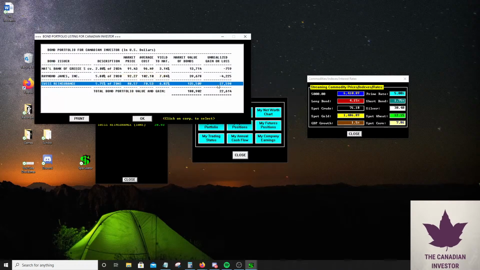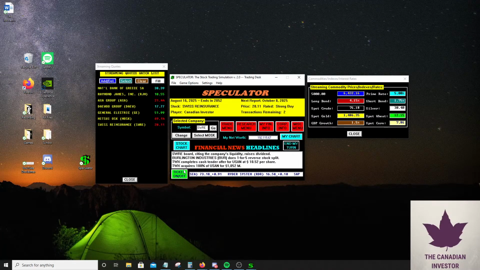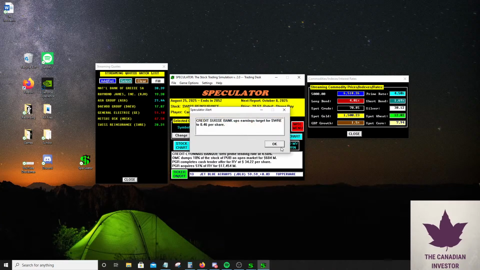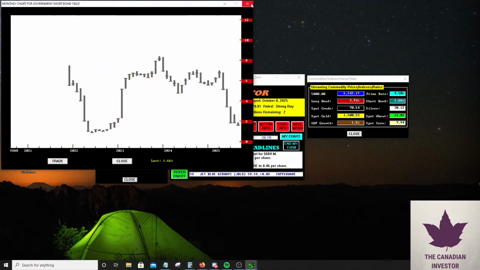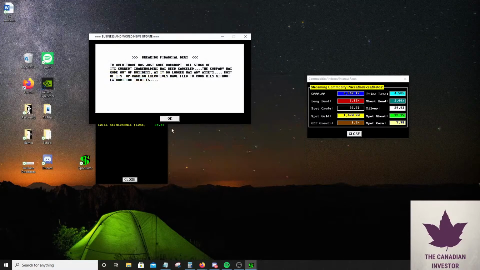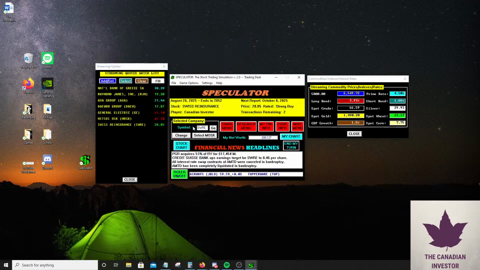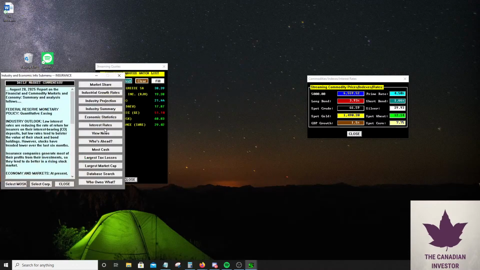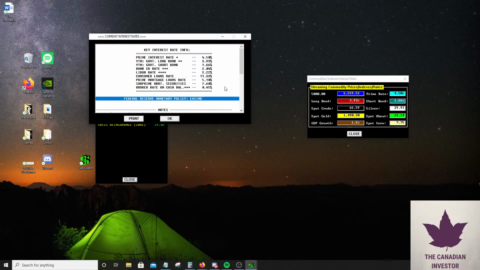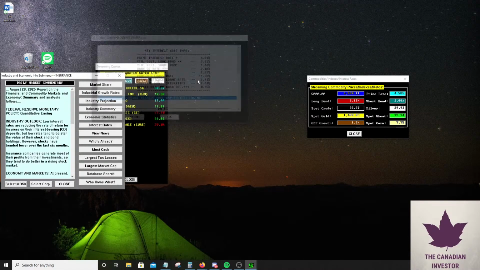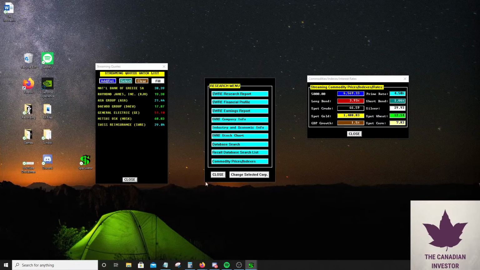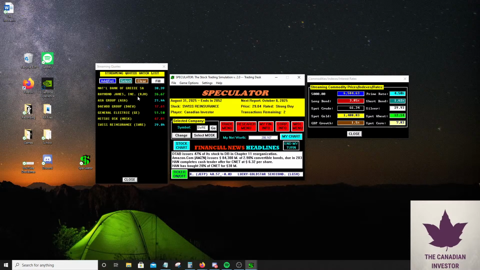So right now we have about a $27,000 gain. Yep, interest rates keep falling. That's good. Oh, a company has gone bankrupt? Okay. That's definitely why we want to avoid a lot of corporate bonds, because there could potentially be a bankruptcy, and then that would basically mean our bonds aren't worth anything because there's a default.